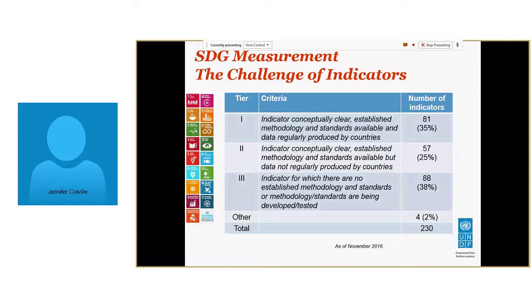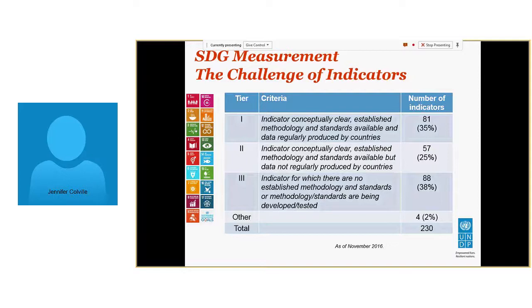And so while people are wringing their hands about the Tier 3 indicators, we are excited about the possibility of trying different kinds of approaches for measuring different Tier 3 indicators. And it's such a huge number, almost 40% of the indicators are sitting at Tier 3. How are we possibly going to report on SDGs and the 2030 agenda writ large if we have a third or more of the indicators that we can't measure?